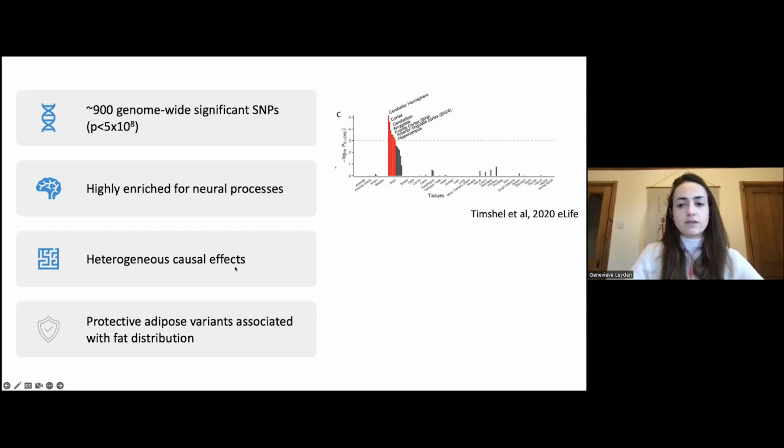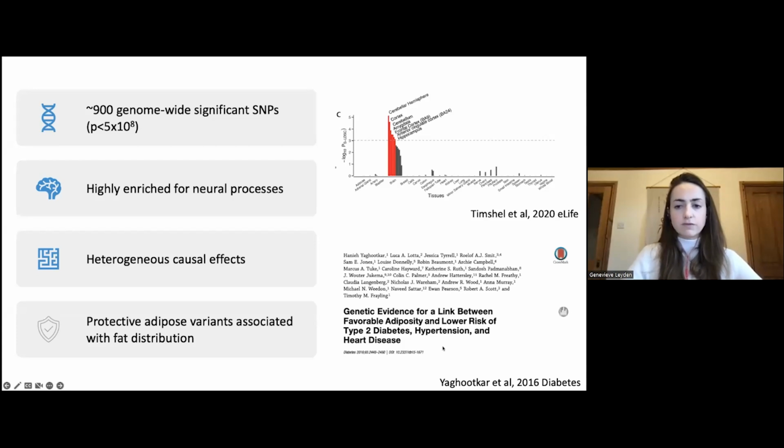However, an important caveat of the genetics of BMI is heterogeneity. So there are multiple different causal pathways by which an individual may be predisposed to having a higher BMI, not all of which have the same effect on disease risk. An interesting example of this has been the identification of a number of common BMI-increasing alleles, which are associated with increased adiposity, but lower risk of cardiometabolic disease. And that's particularly the case for type 2 diabetes. This example is really just to highlight that there are divergent mechanisms by which a BMI-increasing allele may influence either a metabolically favorable or an unfavorable phenotype, depending on the context.